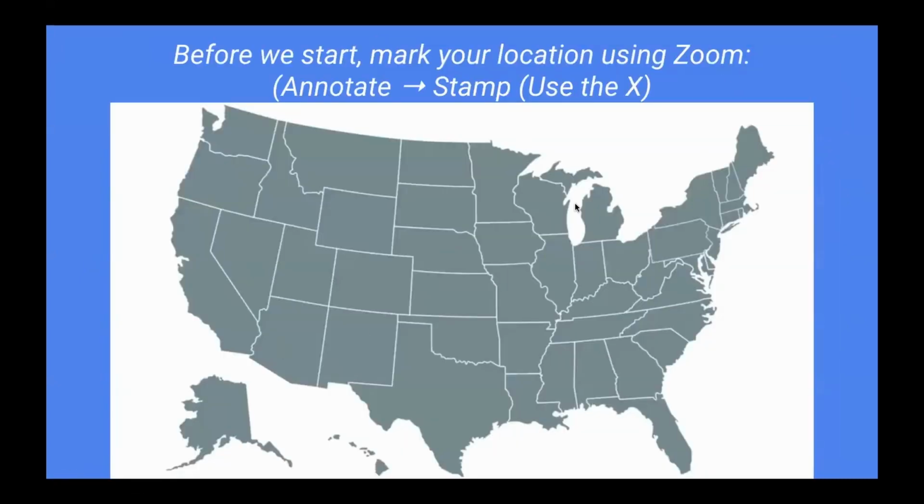We like to start by seeing where people are. I think usually we've got some people on the West Coast. I'm down here in Florida. If you want to click the annotate and then click a stamp, we can mark where we are. I'm right here by that little heart. Okay, nice. So we've got some people all over the West Coast, which is really cool. We've got a bunch of people up in the Northeast, which is awesome. Someone's in Illinois. I'm from Chicago. I love Illinois. Best city in the world. Not biased at all. All right, awesome. I'm so happy to see people from all over the place. Thank you all for spending an hour with me today. I think it's going to be a lot of fun. I'm going to clear these drawings real quick because I'm excited to jump into the fun stuff.